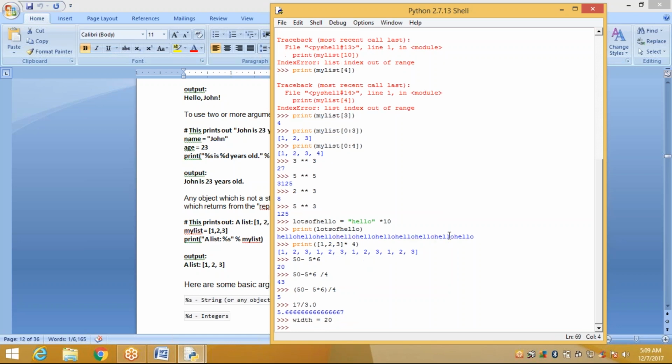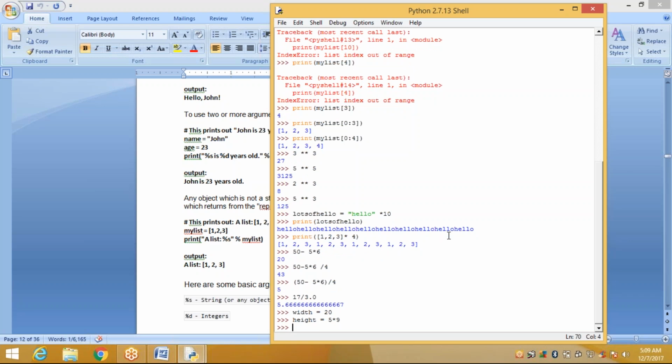Okay. Now height. Height is equal to 5 into 9. What is 5 into 9? 45. So our height is 45. Right?